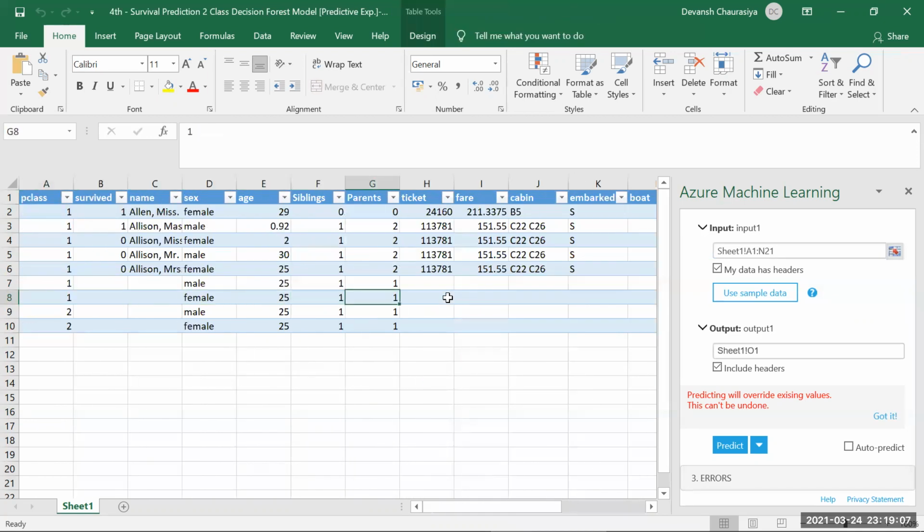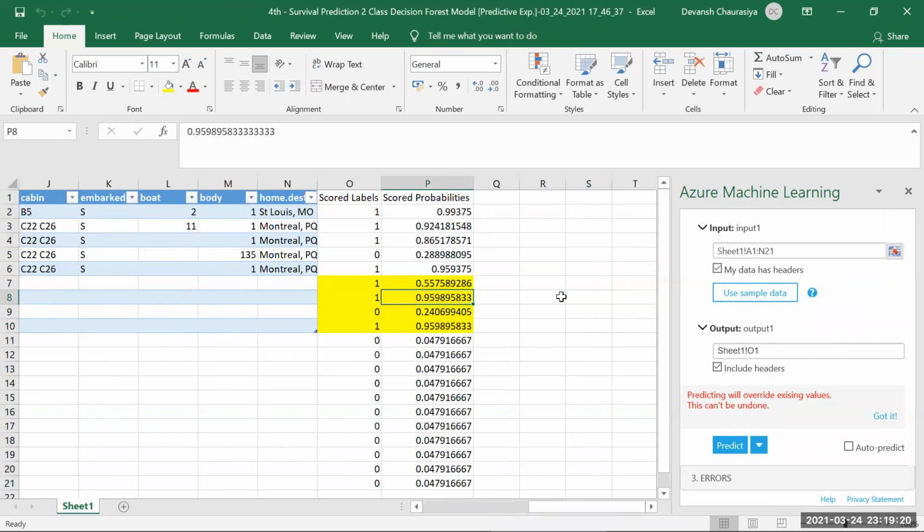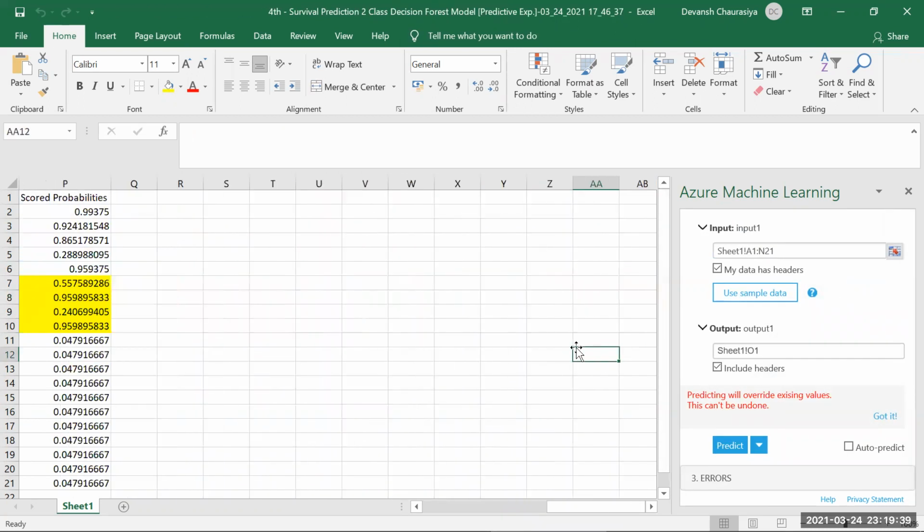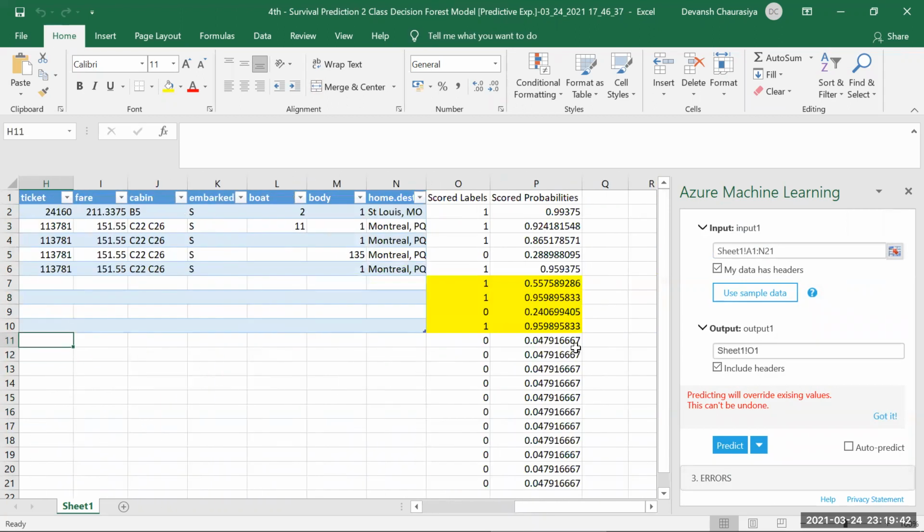What if I remove the parent of the female and female both, and I click on predict, and let's see what happens. If I remove the parent, the chance of survival has increased. Wow. What if I remove the sibling? And I click on predict. The chances are further increased.